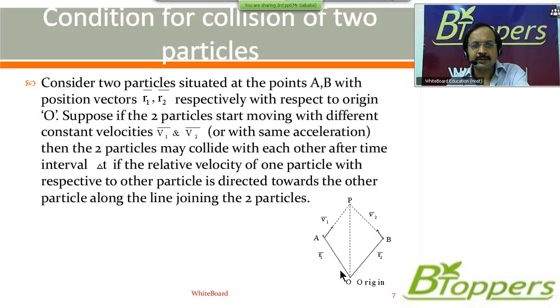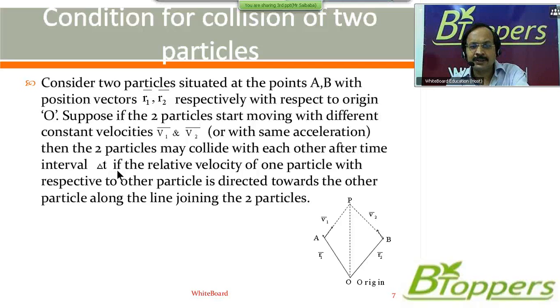Suppose the two particles start moving with different constant velocities v1 bar and v2 bar, or with the same acceleration. Then the two particles may collide with each other after time interval delta t